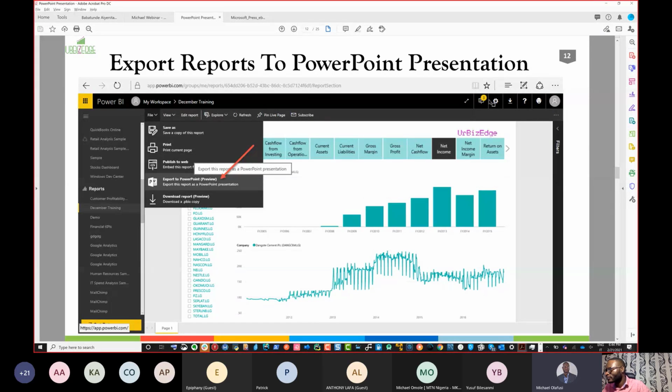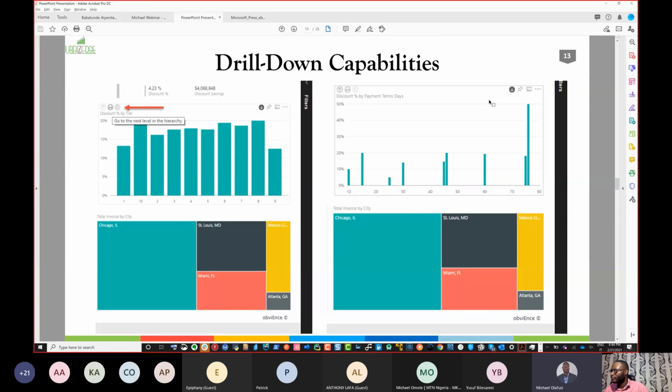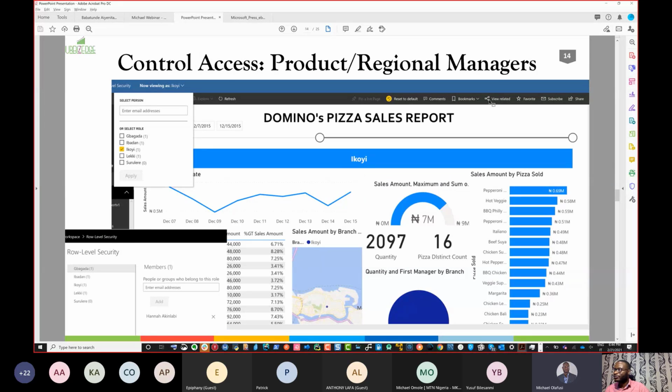And I think there's export to PDF, but I don't know yet if it's on the web. But I know people have been requesting that they also want to be able to export the presentation from the web directly to PDF. Okay, so I've mentioned drill down capabilities. It has control access. Control access means that I can